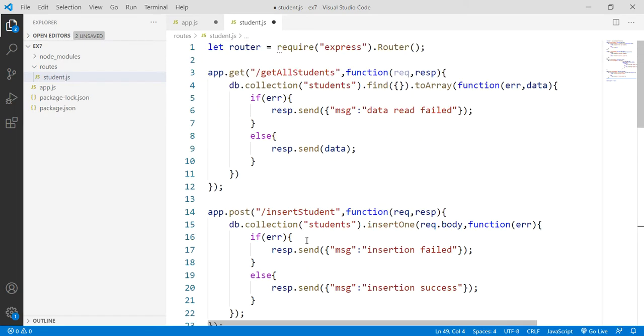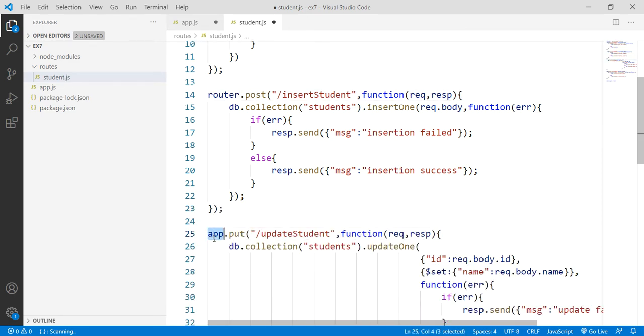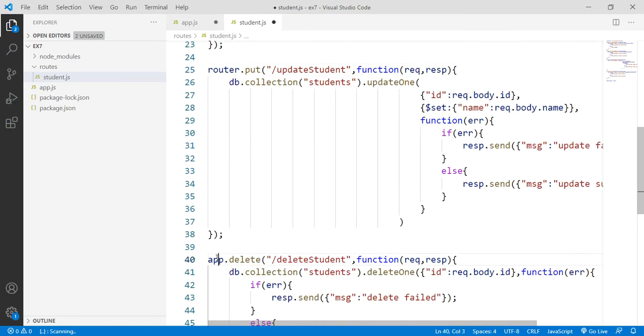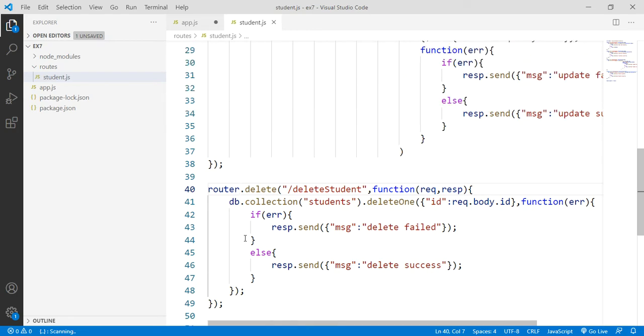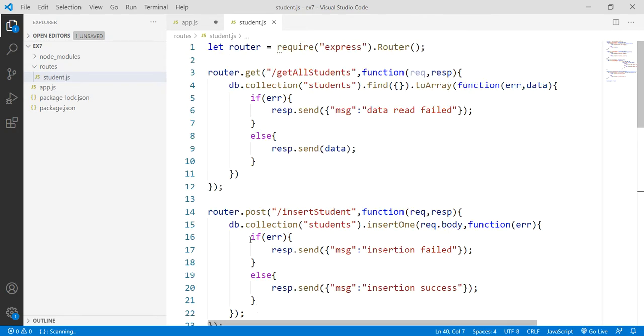Now in this one, you need to see, we need to register our request methods on the router. So you can see all our methods are registered on the router.